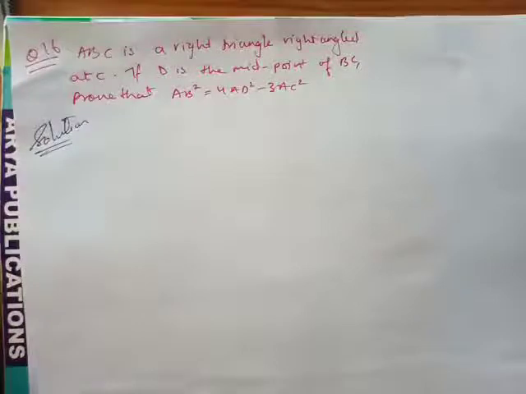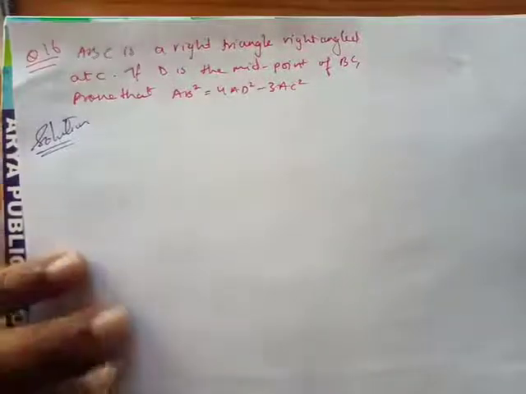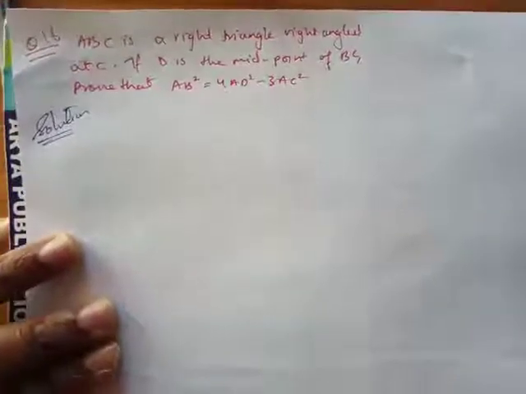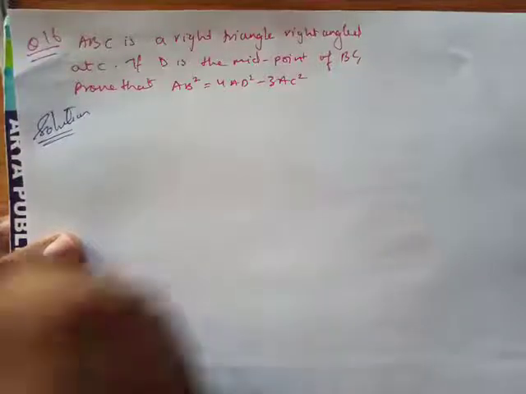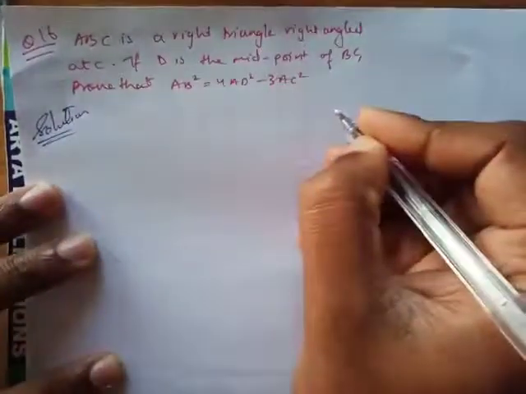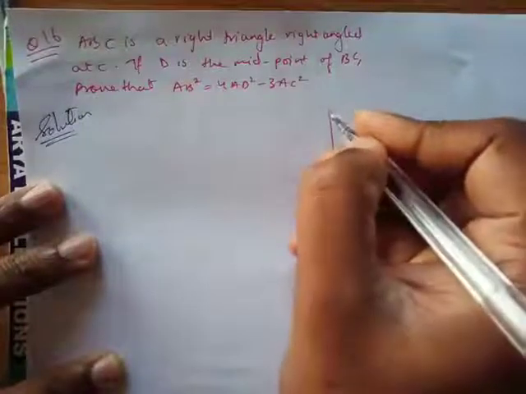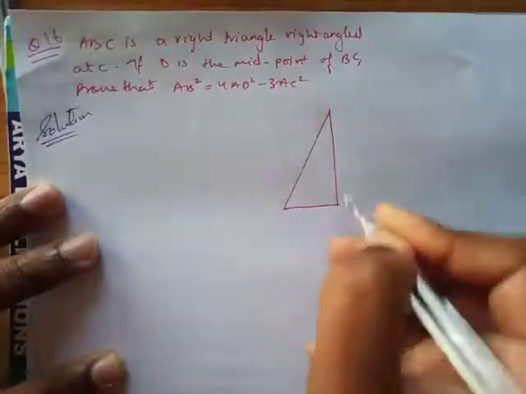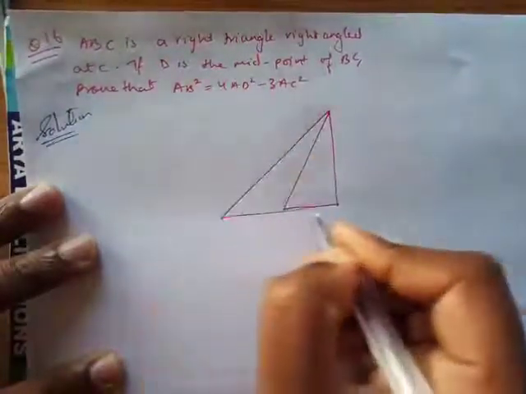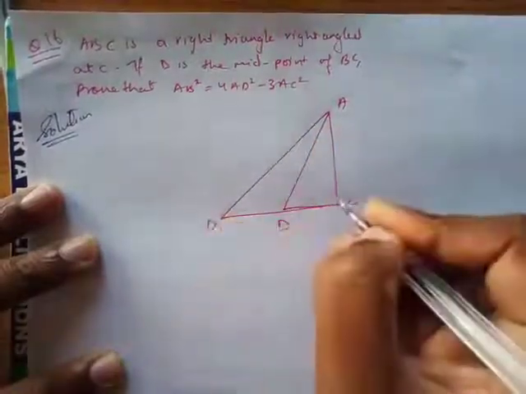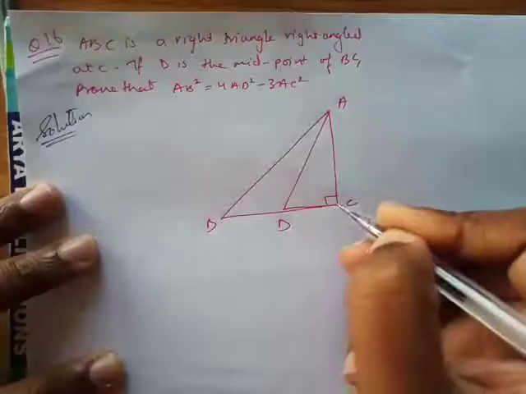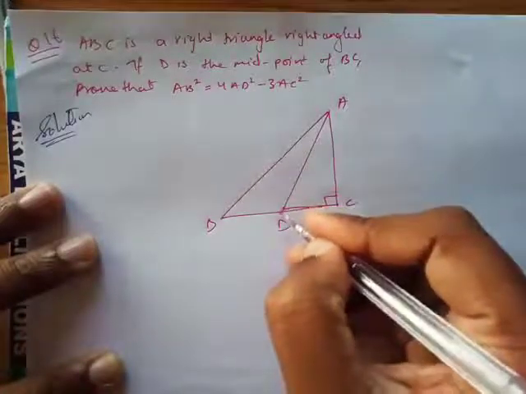Okay students, let's have a look in question number 16. We'll try understanding this because this is a proof question, and there are going to be a lot of questions of proof in class 10th, so it's very important for us to understand this. So the figure is something like this. I'll draw the figure for you. A, C, D, and this is B, and this is 90-degree over here. So you know this is the midpoint.